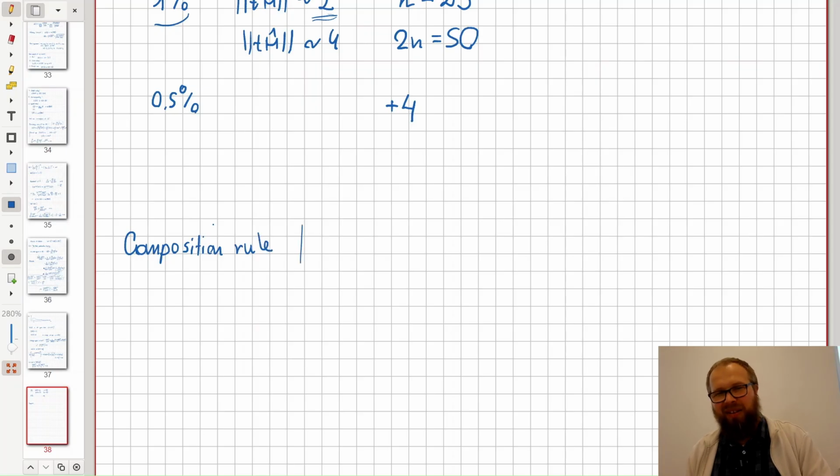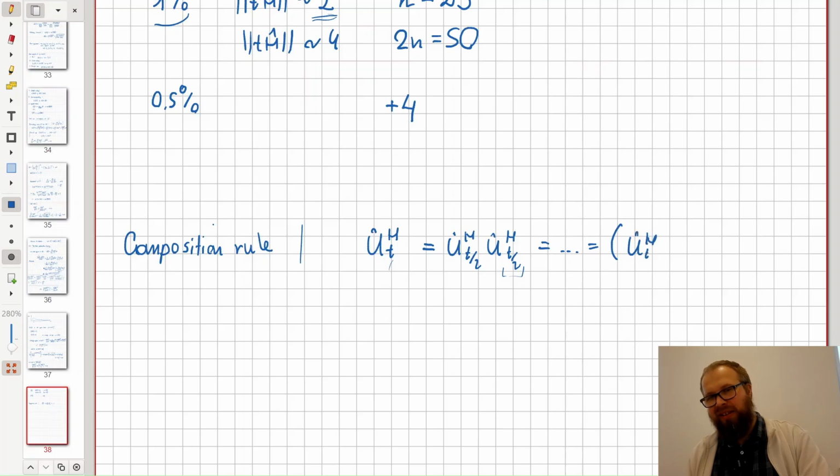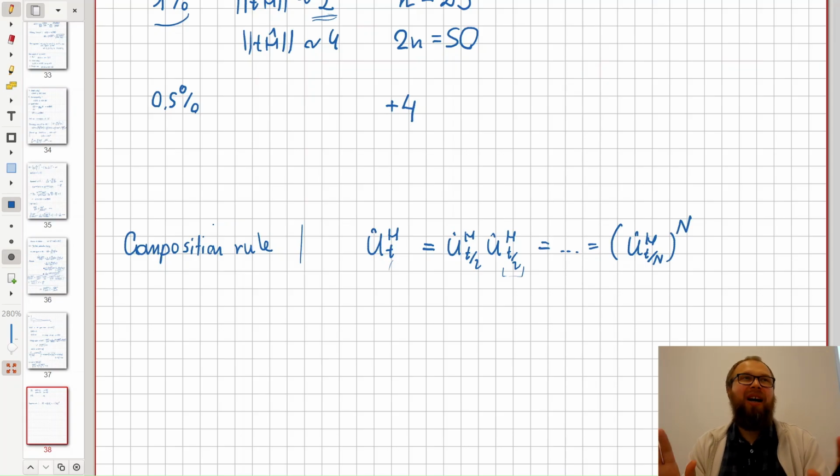Composition rule means that we have U(t), and t is long, big. However, this equals U(t over 2) times U(t over 2). Oh, this is shorter. And you can do it however many times you want. So you can get something like this: U(t over n) to the power n. Okay? So the idea is this, that perhaps,